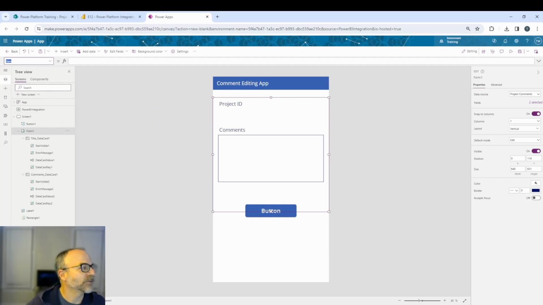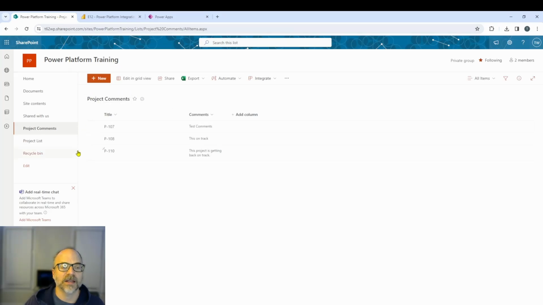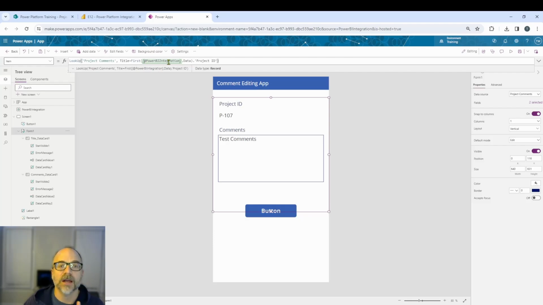So let's jump back here. I've just got some code that I'll paste in because it saved me from typing it, and I'll walk through it. What I'm doing here is using the lookup function, and you'll notice it automatically populated. What this says is, for my form, I want the Power App to go and look up in the project comments SharePoint list. Remember, that's the data source where I'm saving all of my comments. Go to that list and look up where the title column, so this column here,